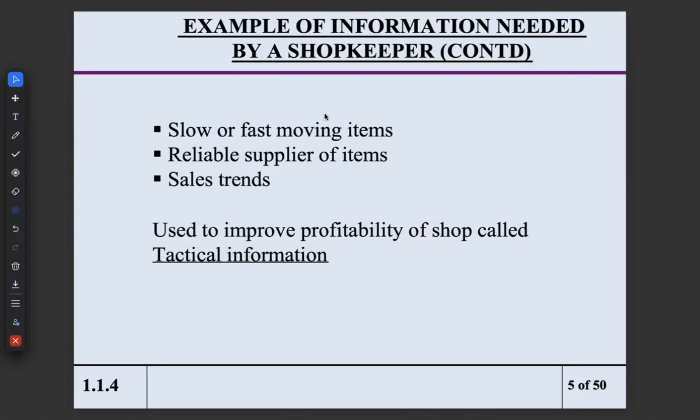What do we have? Examples of information needed by a shopkeeper. Again, we are continuing with a few scenarios. These come under tactical information. Tactical information means, for example, slow or fast moving items, maybe some reliable supplier of items, and maybe sometimes sales trends. These are a few tactical informations which we use to improve the profitability of the